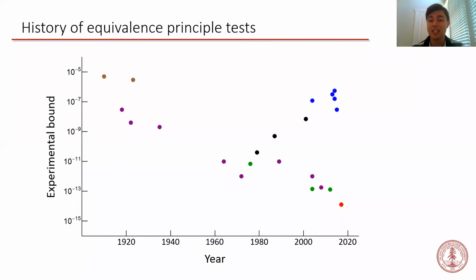On the other hand, as you can see, previous atom-interferometric EP tests have been limited to the 10 to the minus 8 level. And at the beginning of 2020, 6 orders of magnitude separated the best atom EP test from the best classical test. The idea of our experiment is to bridge this divide, to perform an atom-interferometric EP test at a comparable accuracy to the classical tests. And today, I will describe the results of our recent EP test at the 10 to the minus 12 level.